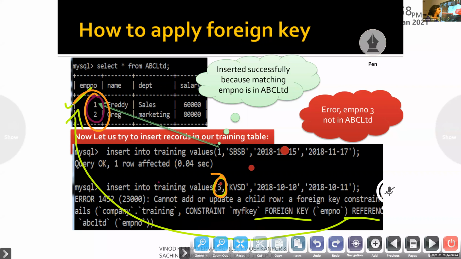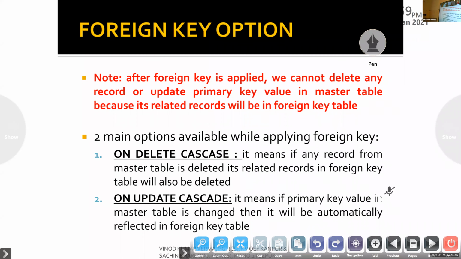Understood, children? Yes, ma'am. And on a practical basis, you don't have to create 2 tables with foreign key constraints. Not in 11th standard, only in 12th standard you will be studying about this. And we never used to apply this constraint. As a theory part, you just study. This also is not required, the cascade.